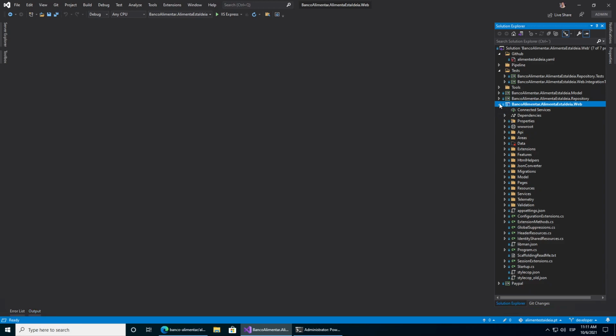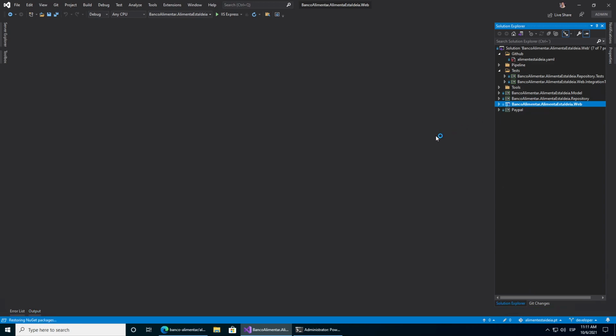Perfect. So let me go through a little bit about how we organize the solution itself, what the different projects mean, how we can run that project locally, what about the secrets, how we can connect to this development environment database and all of that. And then we're going to run, set a breakpoint and see how we can commit new code into